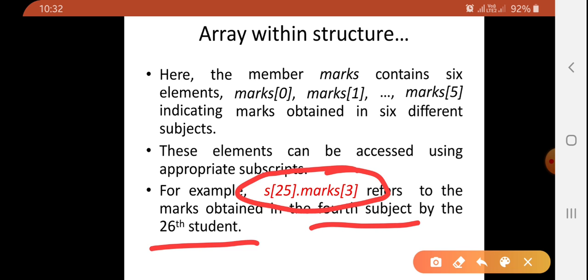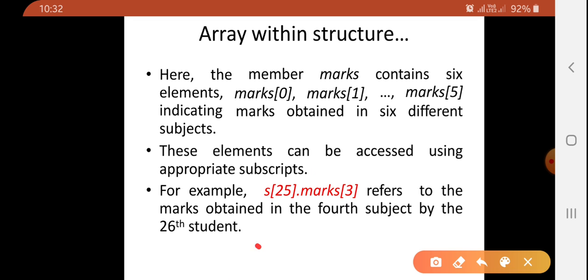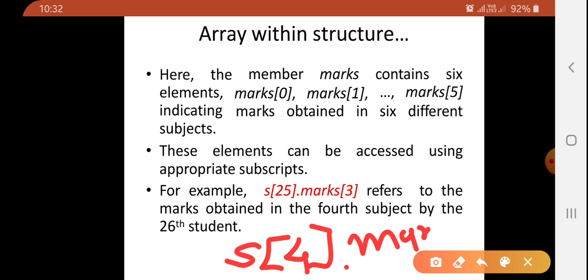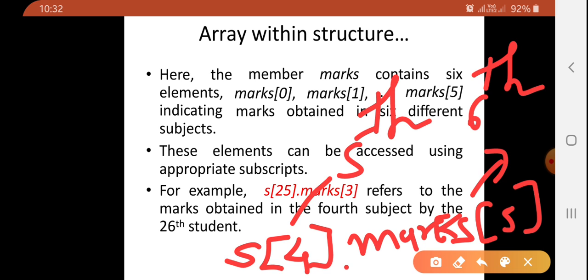If I want to access the sixth subject's marks of the fifth student, what I have to write is s of 4 dot marks 5.